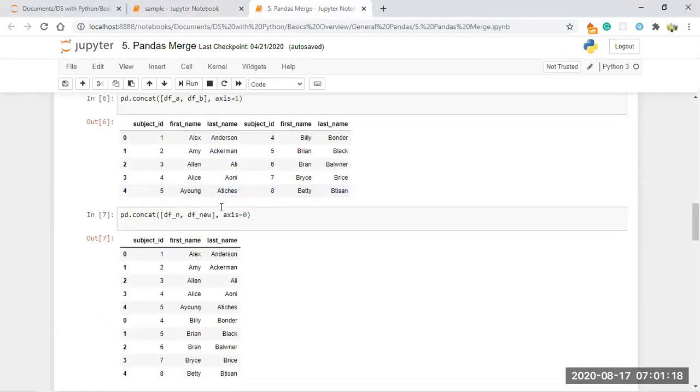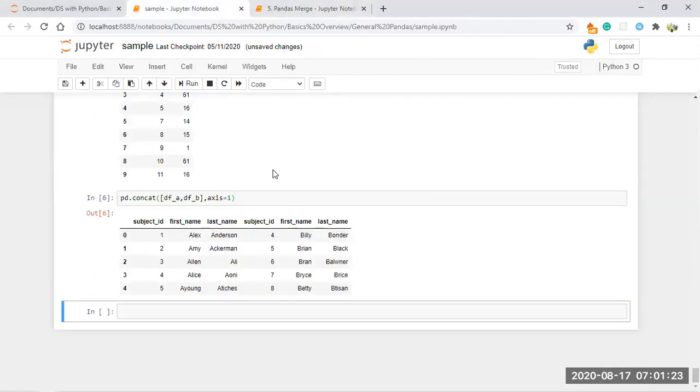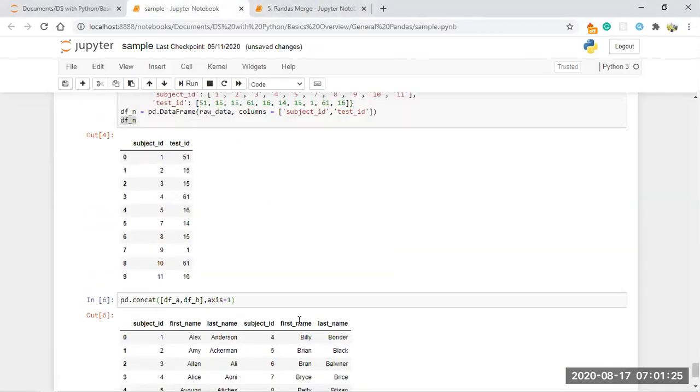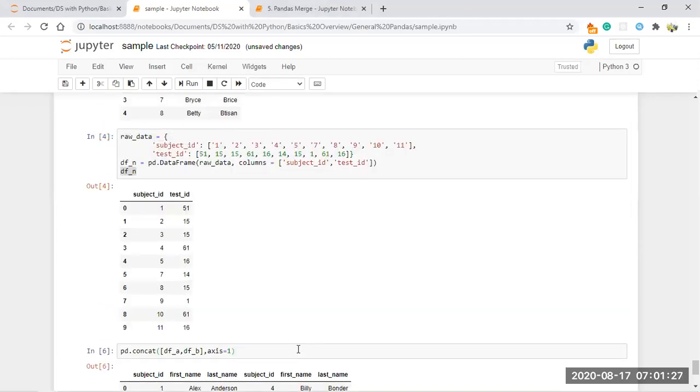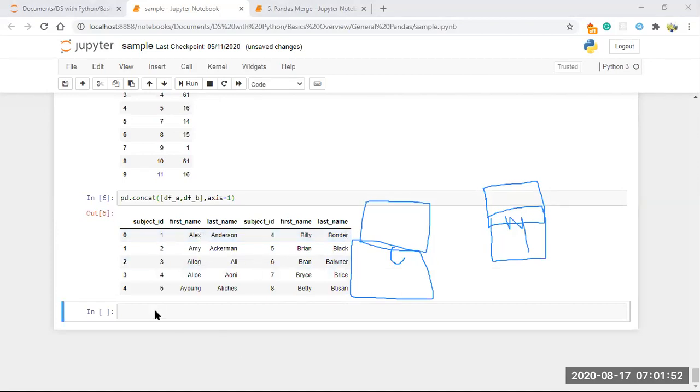So the next thing we can do here is merge the things. Merging means, concatenate works where you have one data set and you have another data set like this. So this is concatenate. Merging means you have one data set, it will merge with the other data set. So this is what merge and this is what concatenate is. Okay, so this is your merge and concatenate. Let's see how it's going to work.